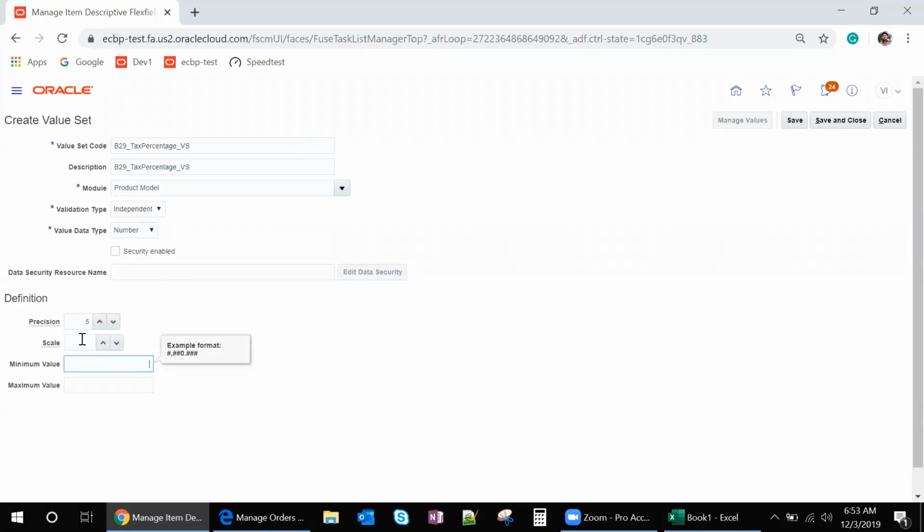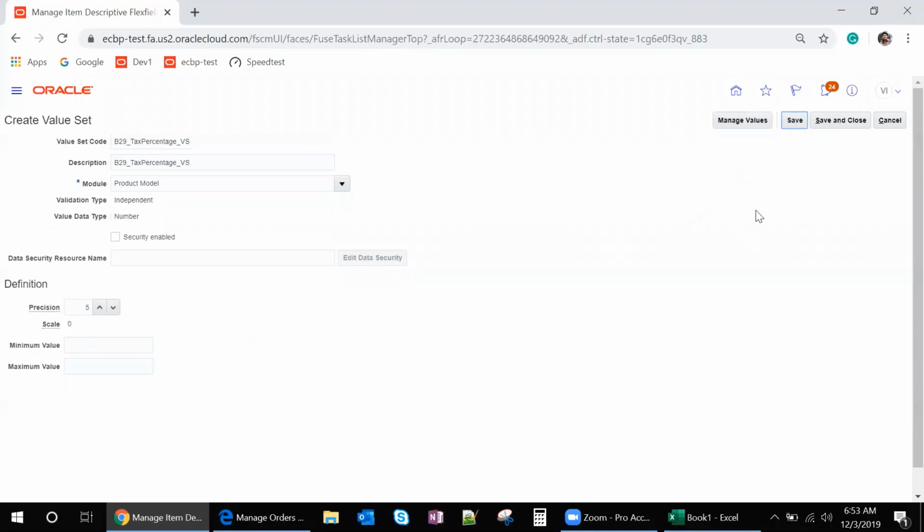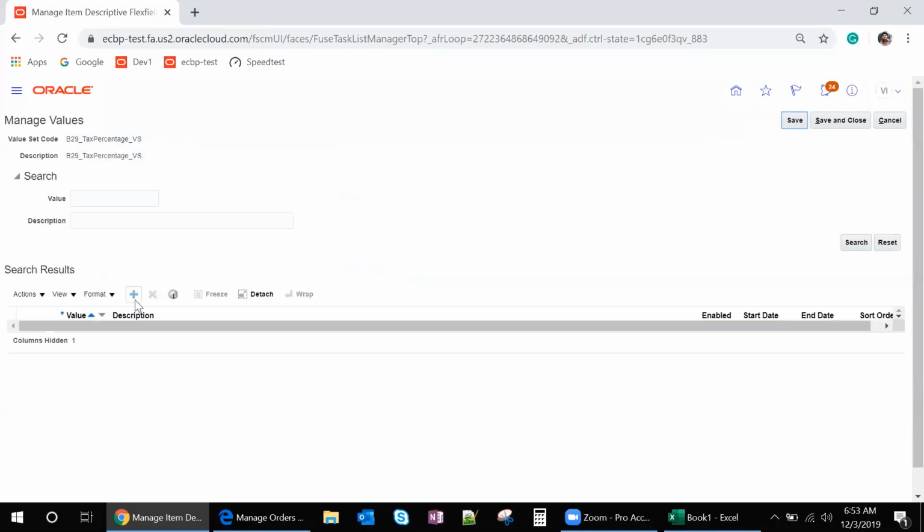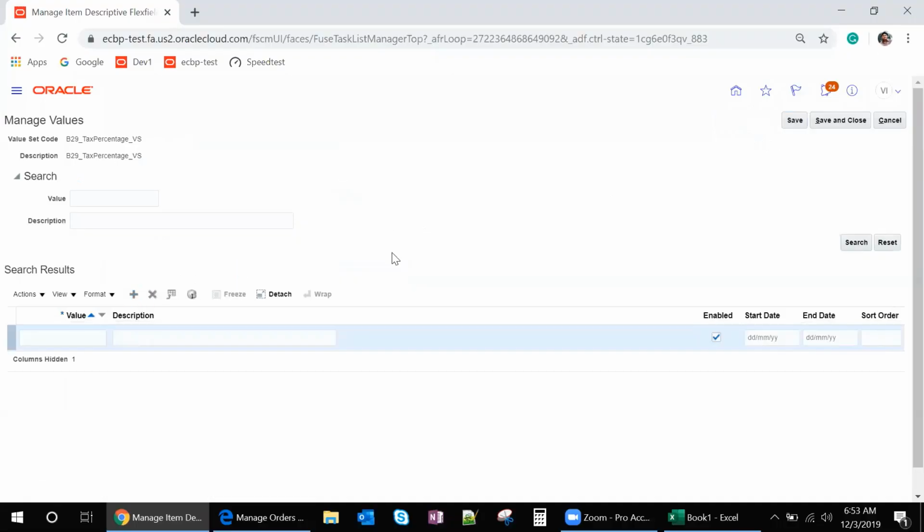If you don't give the scale, or if you give the scale as 0, then what will happen? It will not accept any decimal places. Mostly for the tags and all, we will not give decimal places. I'm not giving any decimal place now. So once again, I will create a new row. So here I will give it as 5